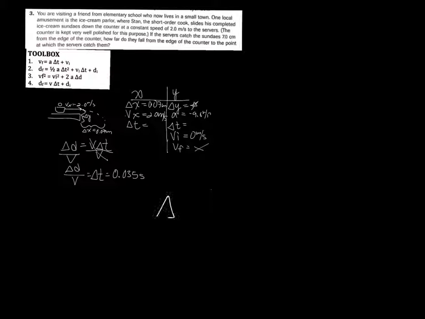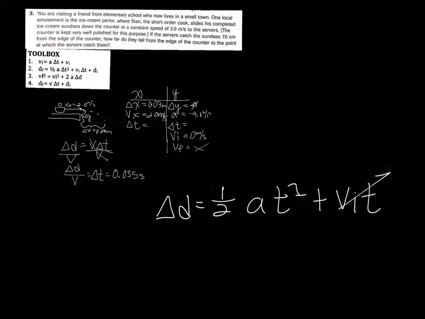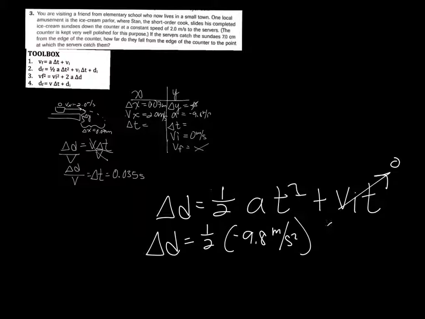Change in position is equal to 1/2 times acceleration times time squared plus v initial t. Again, v initial t is going to be 0 because my initial velocity is 0. Change in position is going to be 1/2 times negative 9.8 meters per second squared times my time squared, which is 0.035 seconds squared. Delta D is equal to